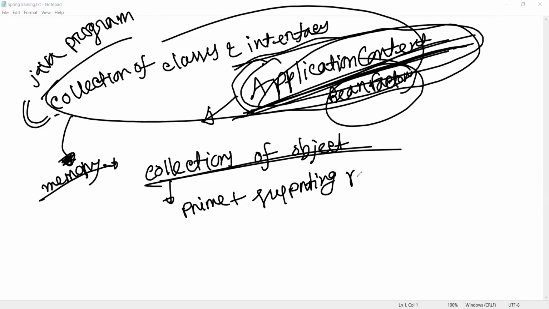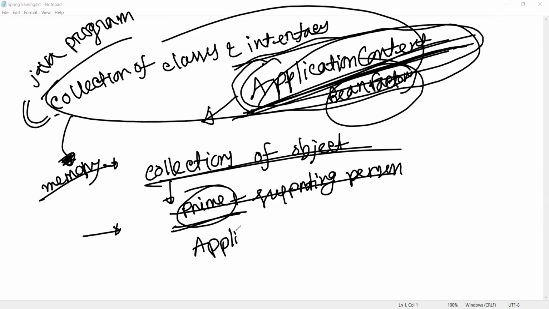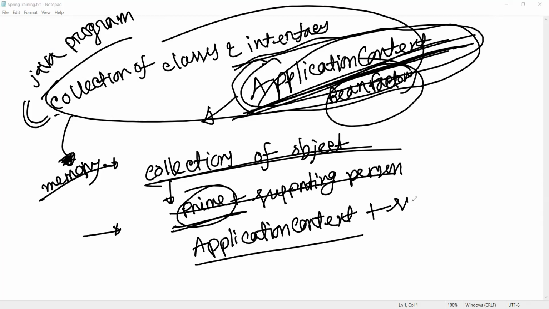So in the context of Spring, the prime minister, the main object, is your ApplicationContext. The main object is ApplicationContext, plus some supporting objects.